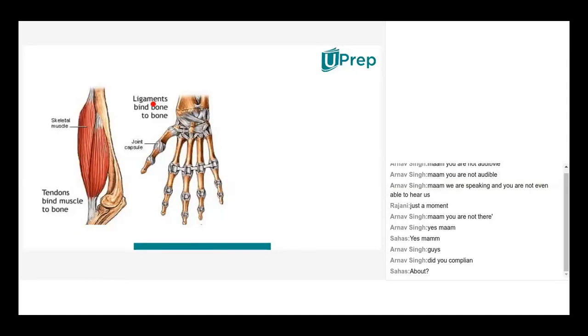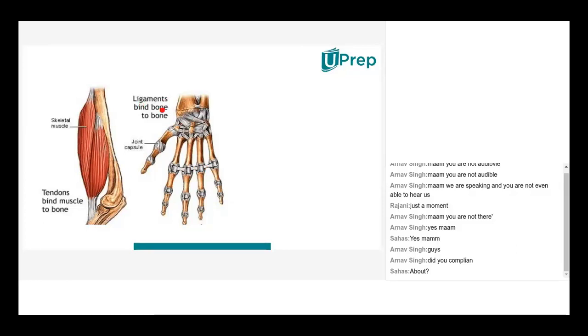So what are ligaments? Ligaments are nothing but the joining tissue between bones. Suppose you assume this is the palm, the arm, different fingers, you are having different bones. The yellow part are the bones. Observe the pointer. The yellow part are the bones. And the bones are joined by a tissue. So this bone joining tissue we call ligament.